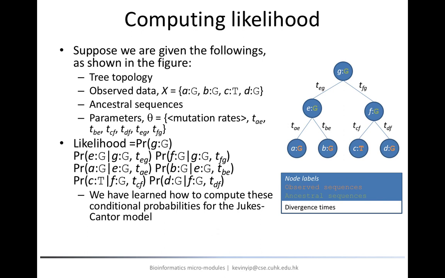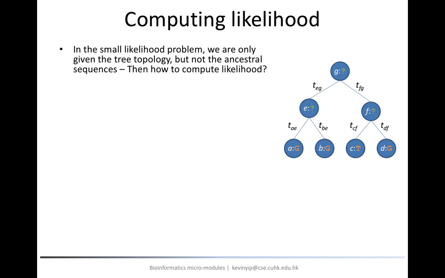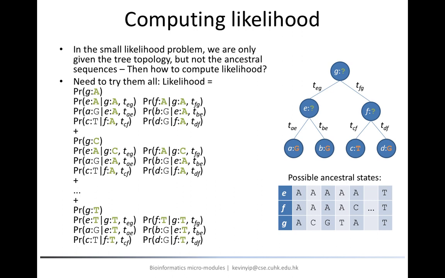With this background, we can compute the likelihood of a tree when the ancestral sequences are unknown. In this case, we need to consider all possible sequences at these internal nodes. For the example shown, since there are 3 internal nodes, each with 4 possible nucleotides, we have 4 to the power 3, that is 64 combinations to consider. For each combination, we already know how the likelihood can be computed, and thus a brute force way to compute the overall likelihood is just to repeat this calculation 64 times and sum them up.